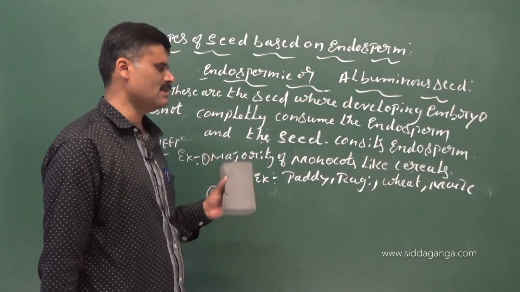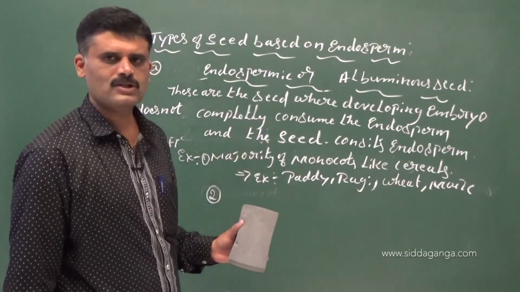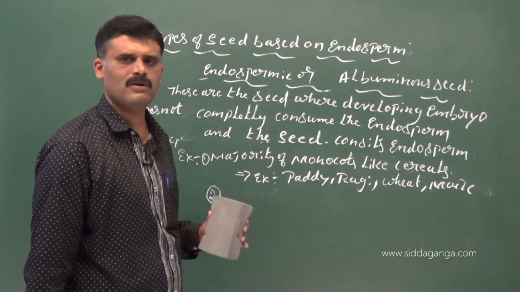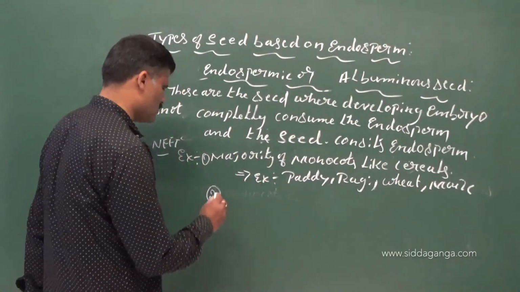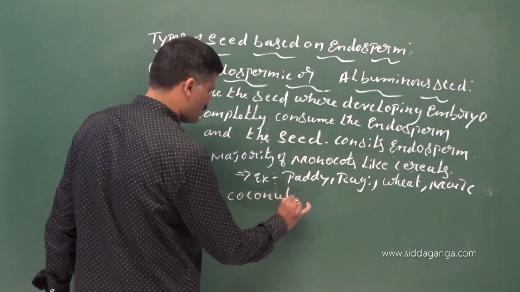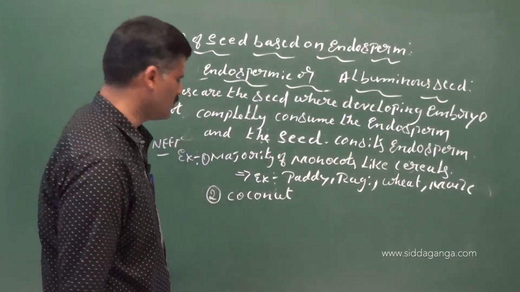But in endospermic seed, the developing embryo also utilizes the endosperm, and the preserved endosperm is supplied for developing seedlings when it is in immature condition. And also coconut,